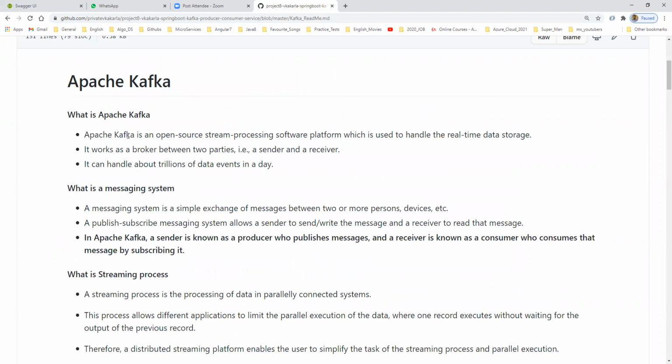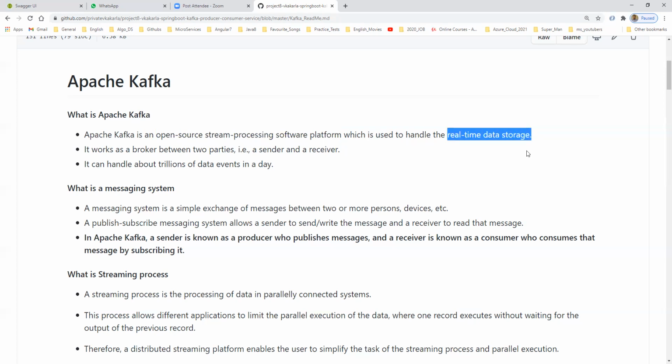So what is Apache Kafka? Apache Kafka is an open source stream processing software platform. It is a streaming platform, which means we can send bulk data and process bulk data using Kafka. It is used to handle real-time data storage.